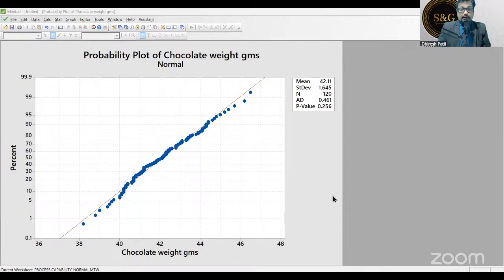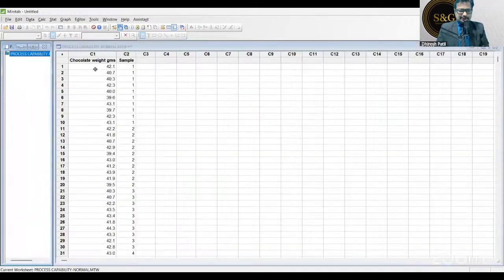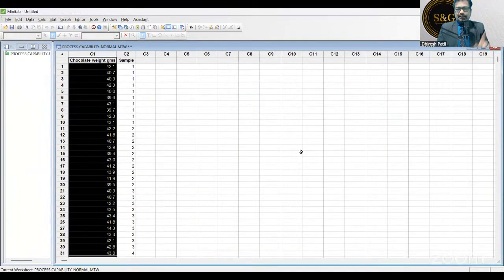no, you have to open the file first. Sarda Prasad ji, you have to open the file which I have given to you. In the chat, you will find a file called process capability. That file you have to download first. Open that file and work on that file. Okay? Just open that file and then you follow this procedure. Okay? Then you will get it. Then there, in the first column, chocolate weight will come, this one. Okay, like this. Okay, there will be chocolate weight like this, and then you follow the same process. Okay.